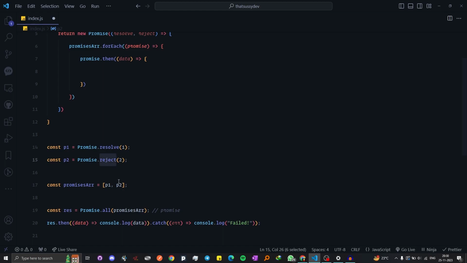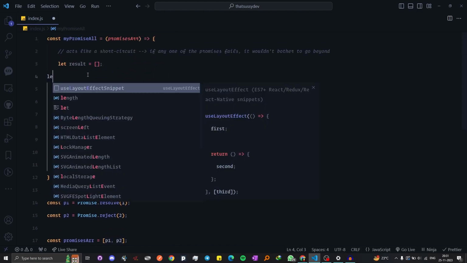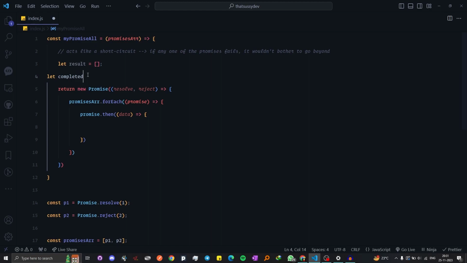So if I am to summarize this, we need to make sure if there is any promise failing, we will immediately return that. We won't go and perform any operation. But we need to make sure if there is no failure, right? So if there is no failure, we need to maintain total number of promises, and we need to check if all the promises have been looped through and checked. So how can we do that? So for that we can create a variable completed tasks,